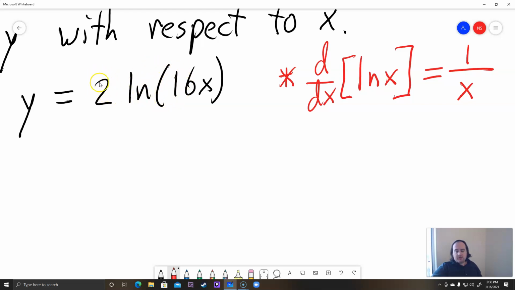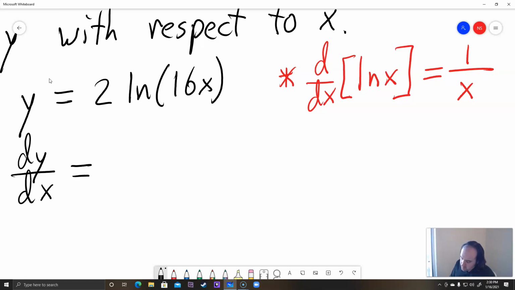So the 2 is going to stay out front, and we take the derivative of ln of 16x. We're going to have to use the chain rule here. So dy/dx is going to be 2 times 1 over 16x